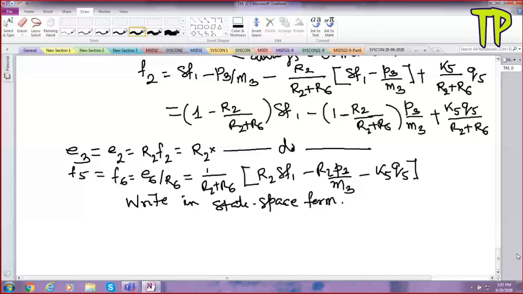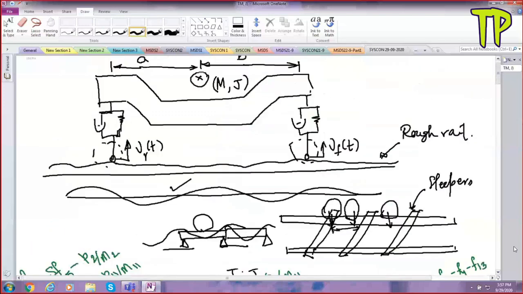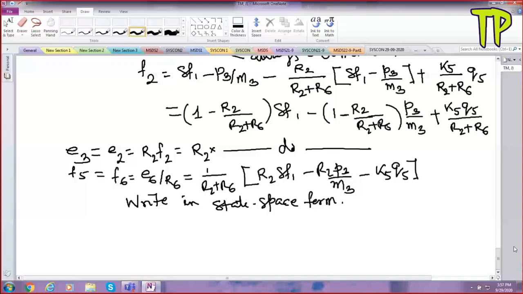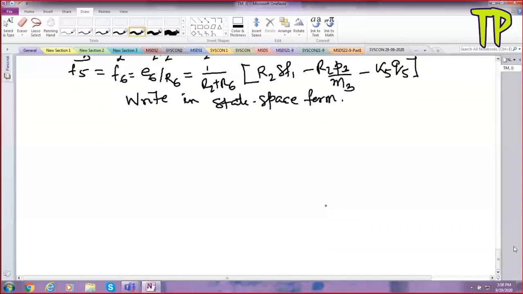Sir, in this question, at that one junction, if we had two capacitive elements, then one of them would have derivative causality. In that case, will we find a similar loop, or will the loop be different? Like, how is it different from an algebraic loop? That will be a differential algebraic loop. In that, the variable on the left side will be a normal variable, and on the right side, the derivative of that will appear.